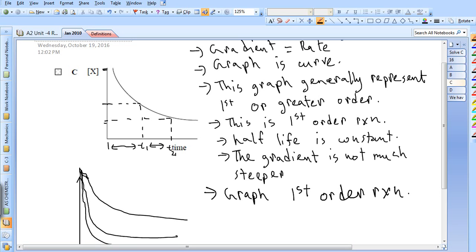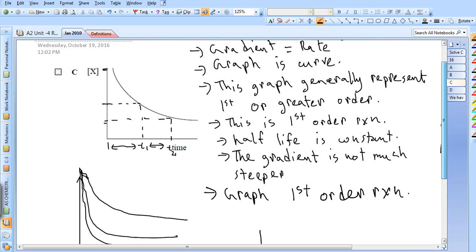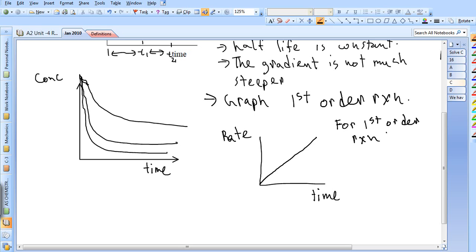Let me tell you one thing: this is the concentration time graph, and this is the rate time graph. If we plot this on a rate time graph, the graph would be a straight line. So in other words, we can say that for a first order reaction,